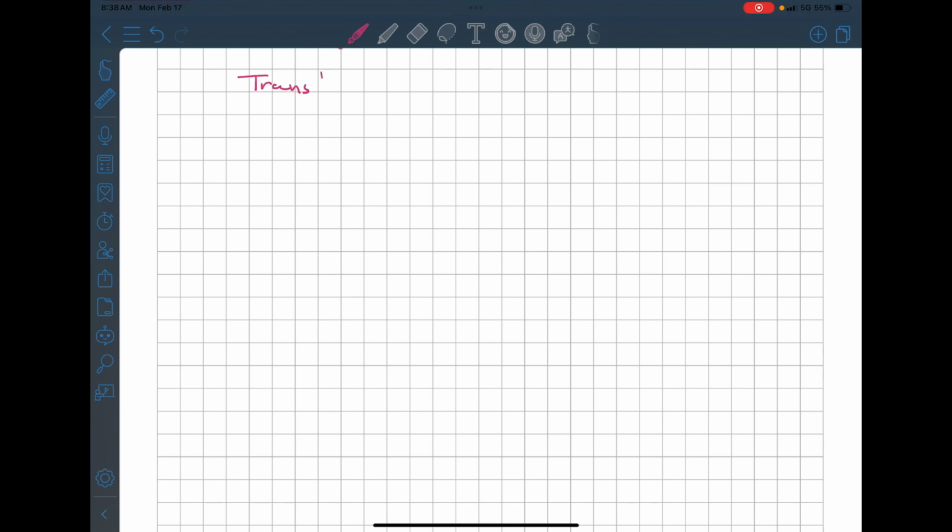Transformations we've studied so far this year. These came in, we started them in Unit 1. We did a little bit in Unit 2, I believe. Transformations, we have some that are rigid transformations, which means they do not change the shape or the size of the shape. And those are translations,